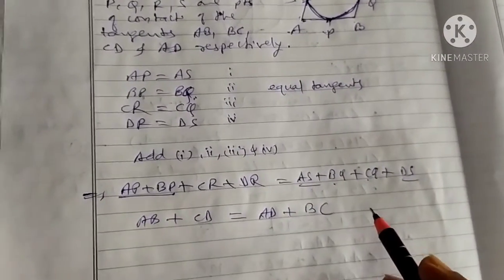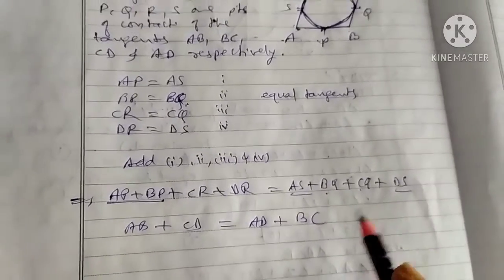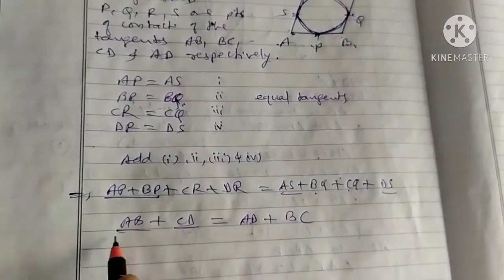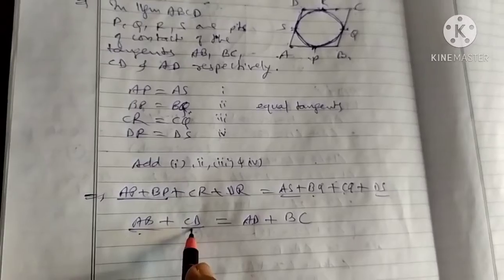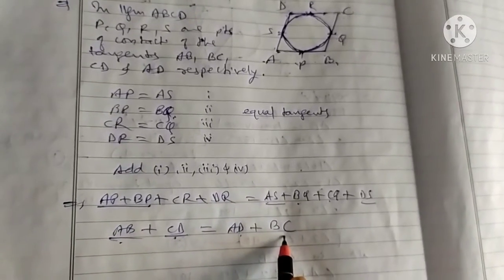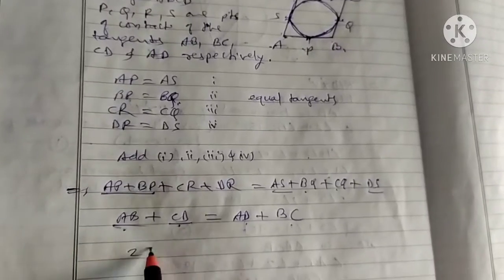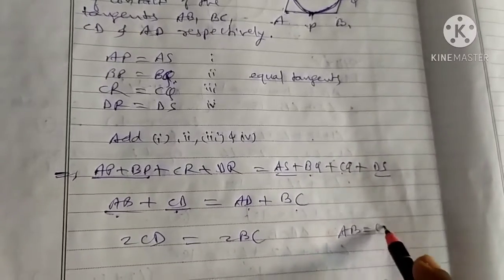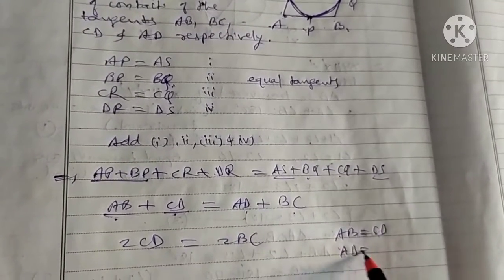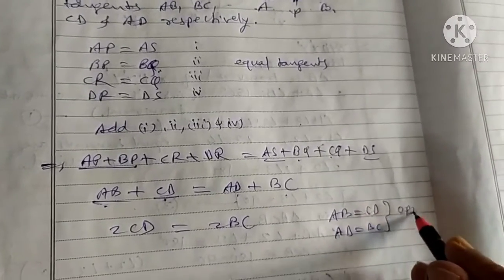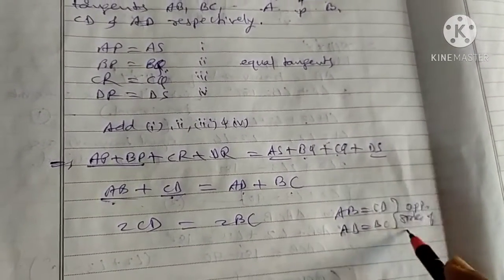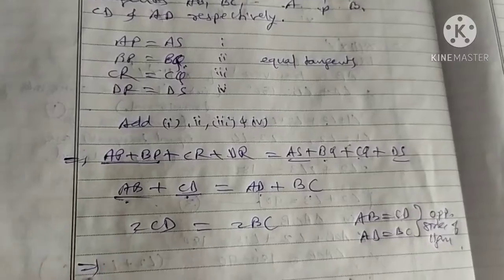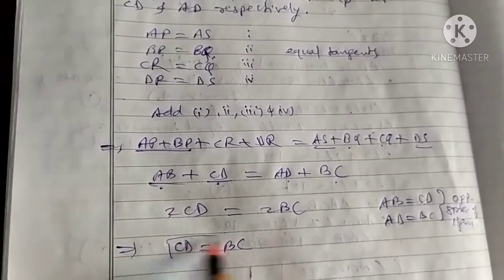This we proved in the first example. Yes or no? Earlier example number 8. Now see, in this parallelogram AB equal to CD. AB equal to CD. Yes or no? And also AD equal to BC. Got it? This implies that 2 times CD equal to 2 times BC. Why? AB equal to CD and AD equal to BC. What is the reason? Opposite sides of a parallelogram. Okay, students? If we cancel 2, we are getting, this implies CD equal to BC. Number 1.